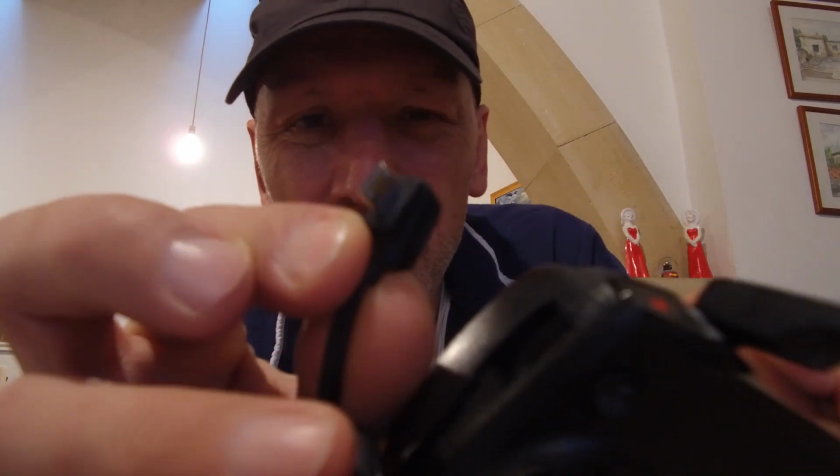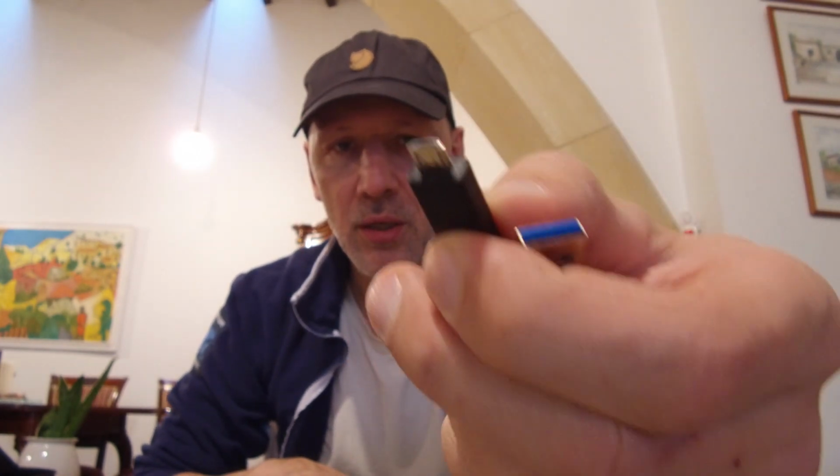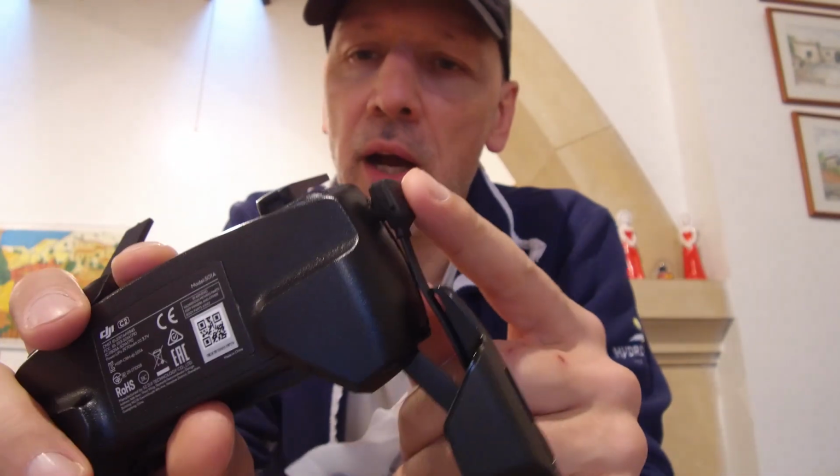And I was fooled a little bit when I looked at it the first time, because this plug, can you see that? You can see it's like square, where a normal USB is a little bit different. So I thought it were different plugs, but it's not. It's just a normal USB, and you can put a micro USB in here to charge it. And then there are a couple more cables, because this one is for the iPhone, and then you have another one for the Samsung phone, which I have,